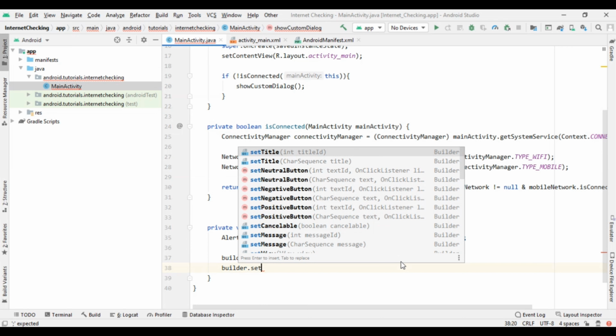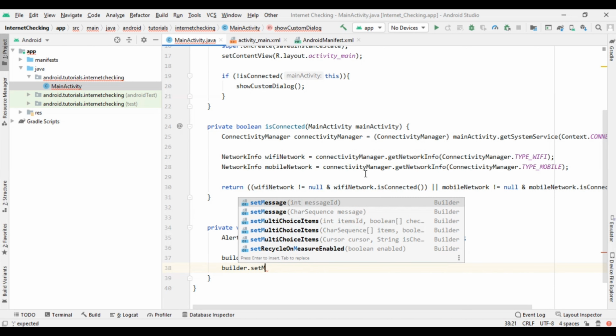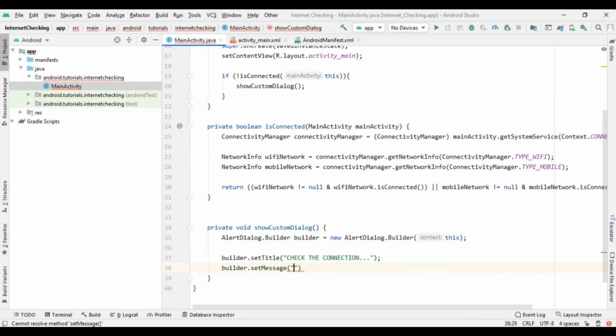So we are going to write setMessage, and that message will be: it seems you are not connected with internet connection, check it out. Or we can write turn on and refresh, restart app.